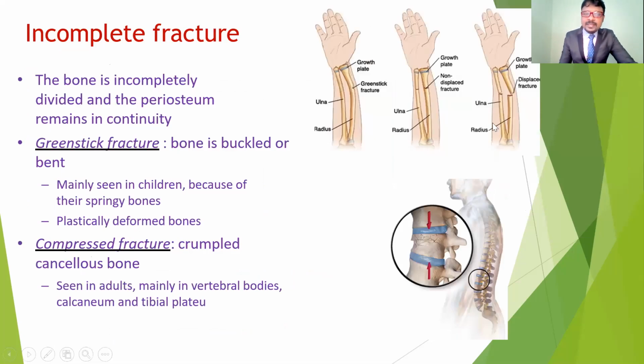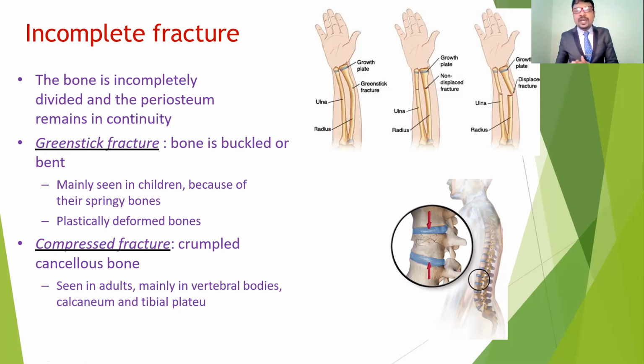These incomplete fractures do not become a complete fracture. Both cortices are not involved. Examples of incomplete fractures are the greenstick fractures. Here the bone is buckled or bent. It does not fracture completely, but it bends at one place, and a slight part of the cortex is damaged. So this type is the greenstick fracture. How can a green stick be broken, right? It bends to some extent, but there is no break.